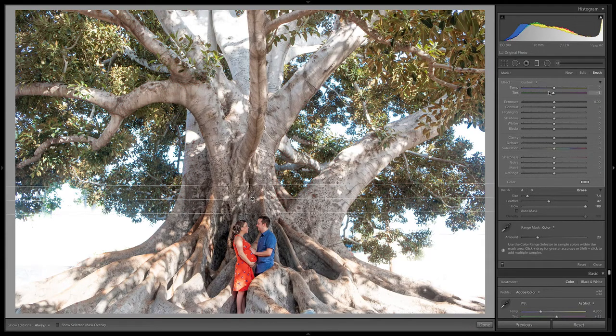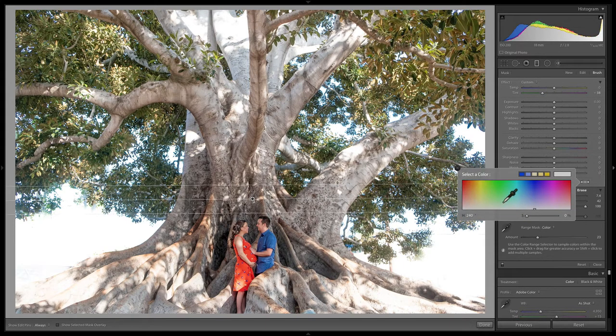So one thing we can do is move the tint down, make it a little bit more green, which starts to look good. Or we can add color with this color picker and just pick something like so. Now, if you go a little bit too high, you can quickly make it look completely unnatural. So when you're adding a tint, especially in this situation, we're just going to be very, very subtle with it.